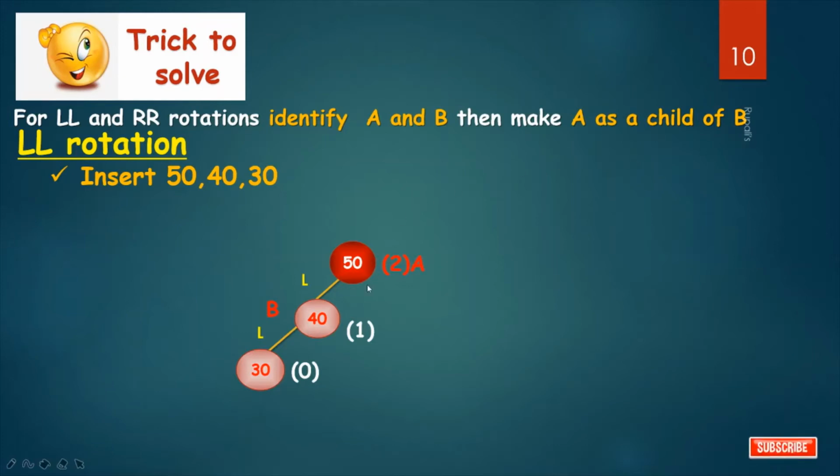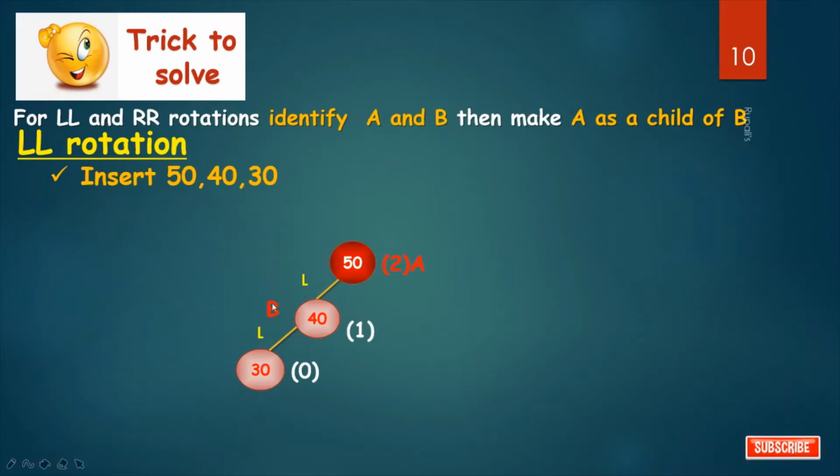Before that, I want to tell one thing: it may happen that A has two children. It may happen that A has another child on the right-hand side. Okay, then which one is our B? You have to identify it in this way: B is on that side where the new node is inserted.